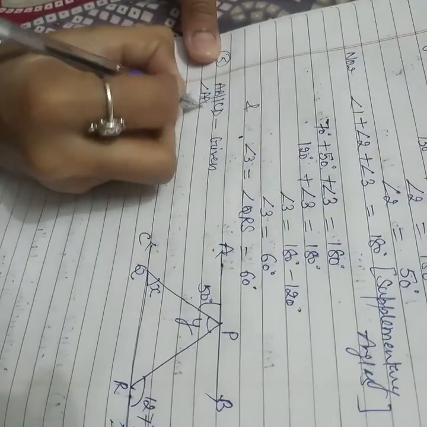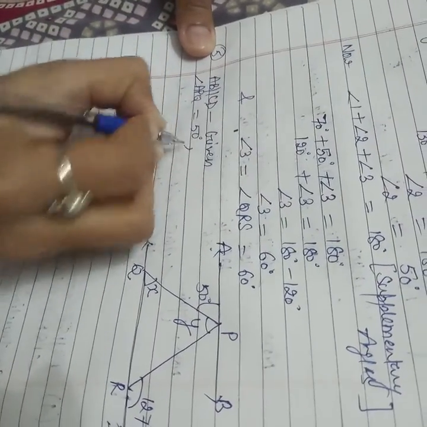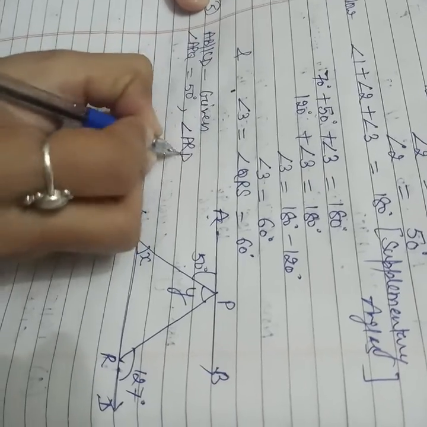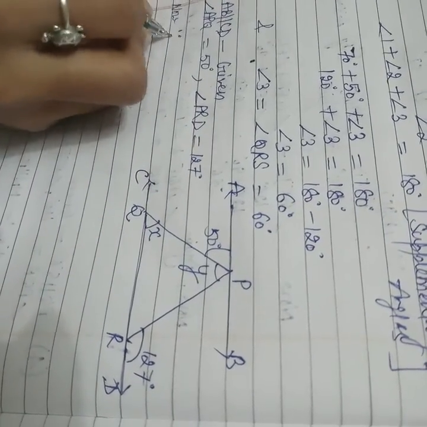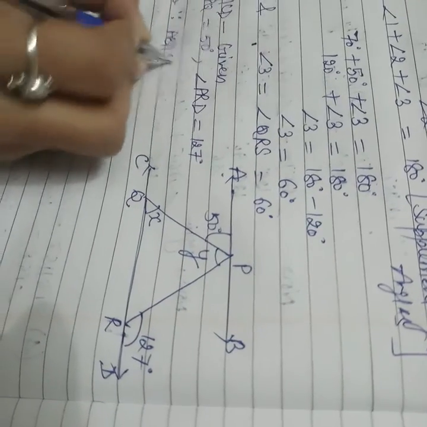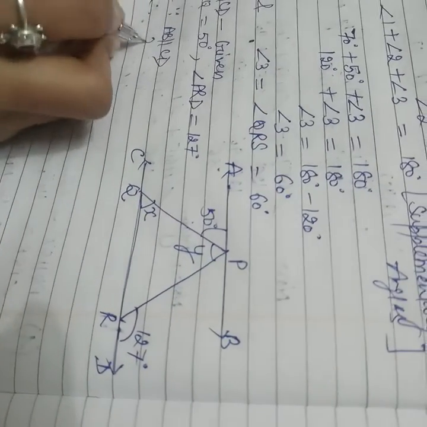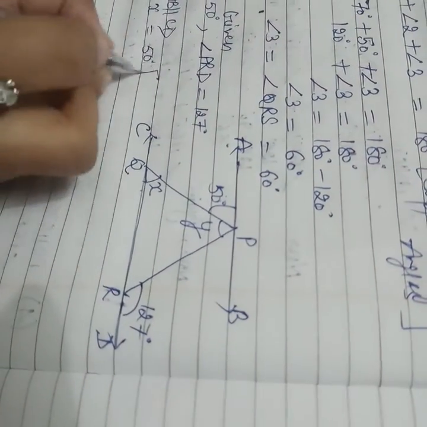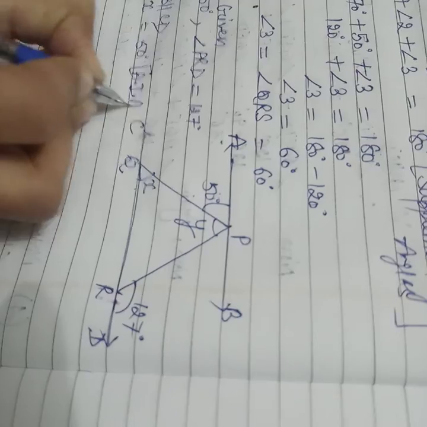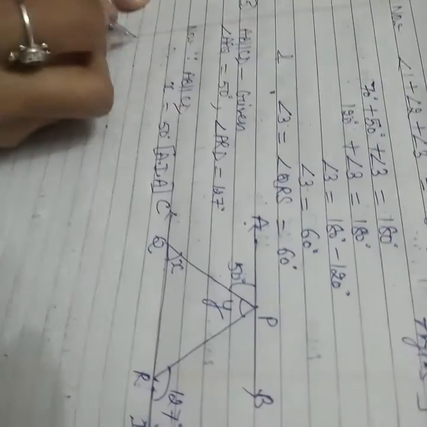Angle APQ equals 50 degrees. Angle PRD equals 127 degrees. Now, because AB is parallel to CD, therefore angle X equals 50 degrees. These are alternate interior angles. And again